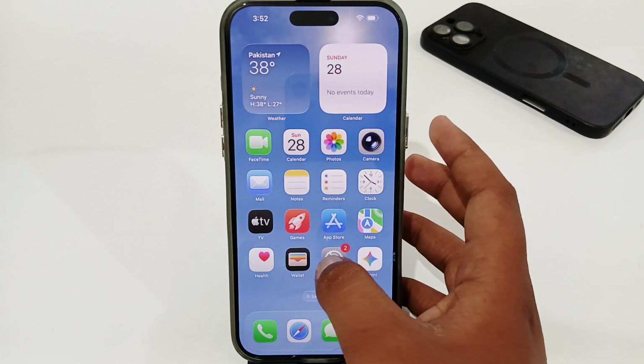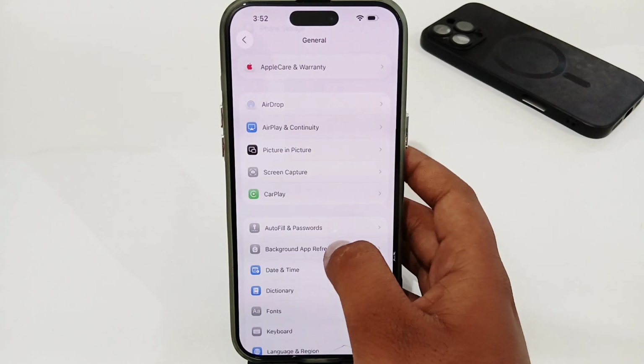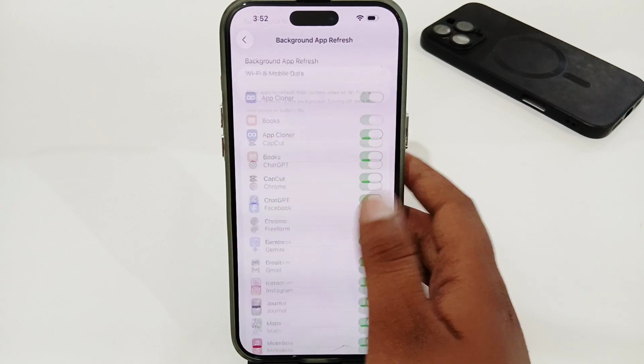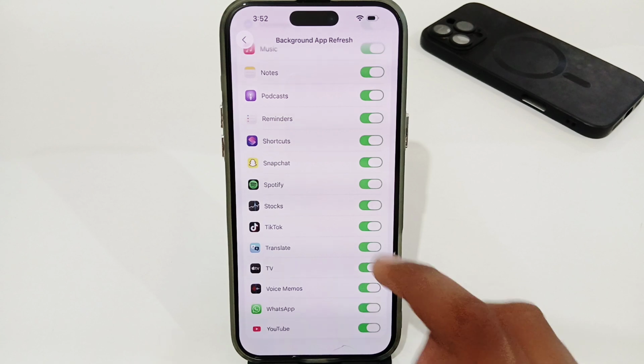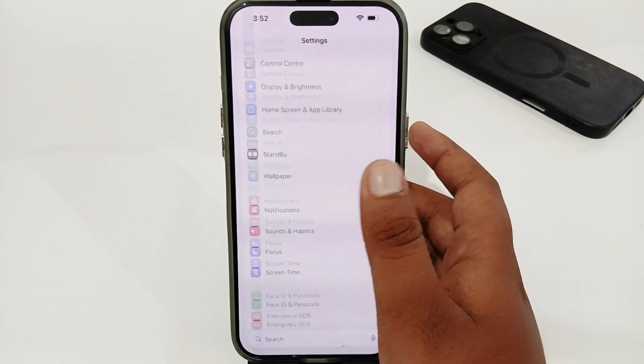So you have to open up your settings. From settings, go for General, and here you have to look for Background App Refresh. Simply select that option, and from here you have to look for WhatsApp, and you have to disable this toggle for WhatsApp. Or you have a second way, you just have to go for main settings, then scroll down